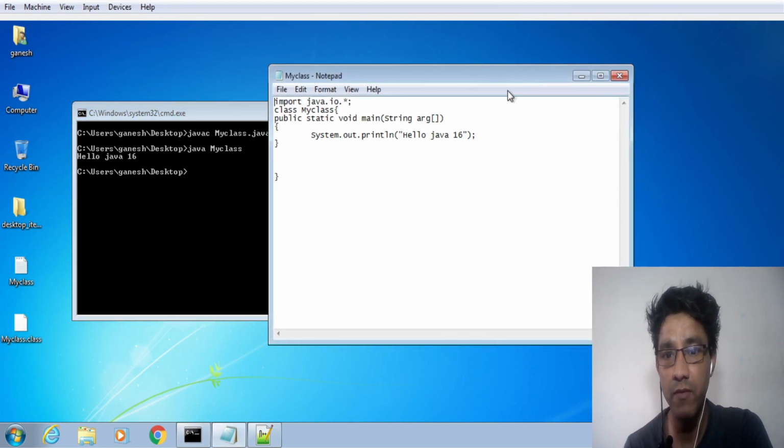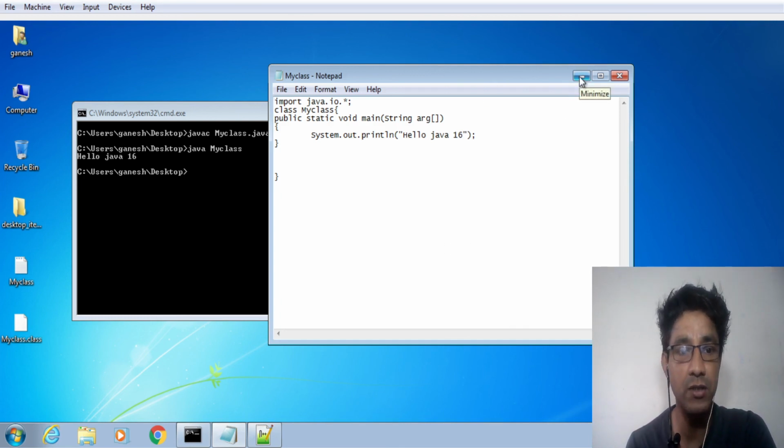You can have an option of clicking a button to run or compile. You can see the error within the same window. That is the marvelous thing. For ISC or ICSE students, you can prefer BlueJ, or if you want to go for NetBeans, you can use it on your personal home laptops.